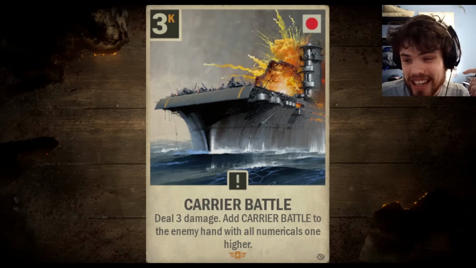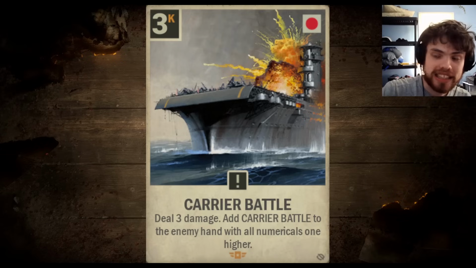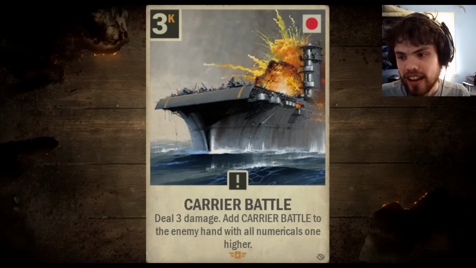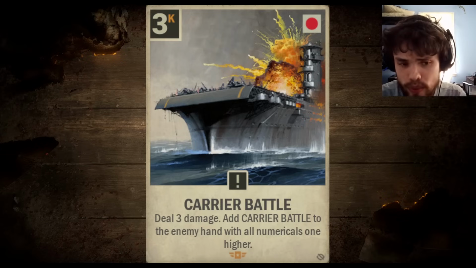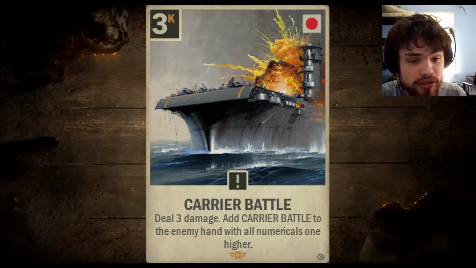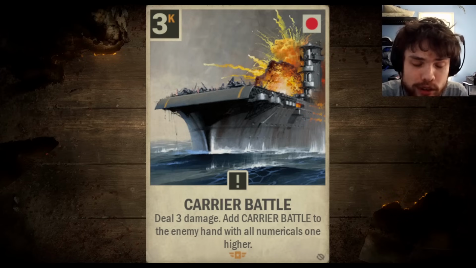So basically, it's like a slightly better From the People that can hit the HQ, it's like an Air Blitz that can hit units. That's one way to think of this card, but it also adds a card to your opponent's hand, and that can be really annoying, because yes, it gives them a bit of reach, but if you're playing an aggressive deck,